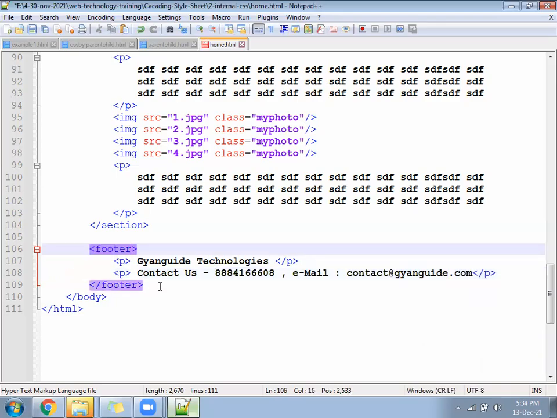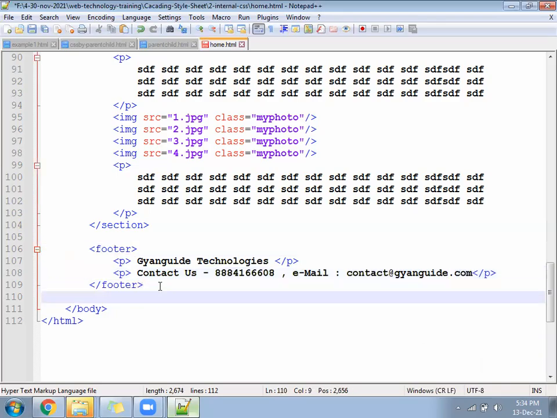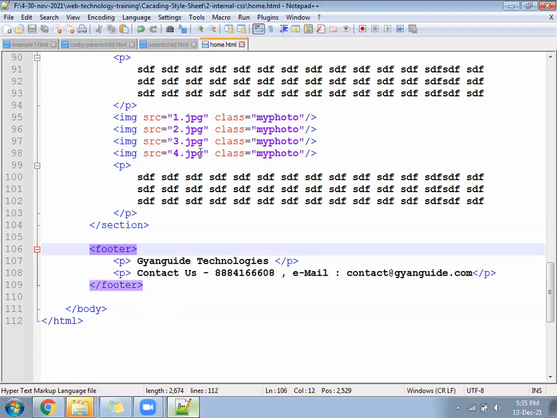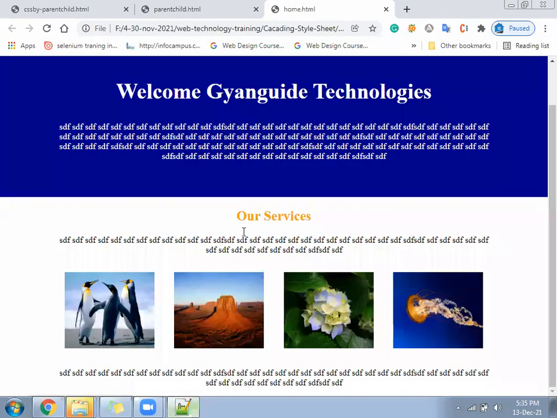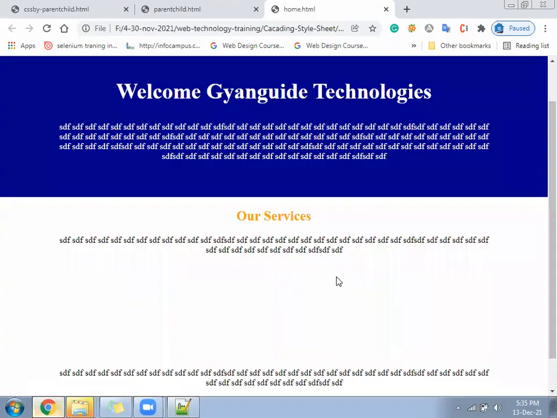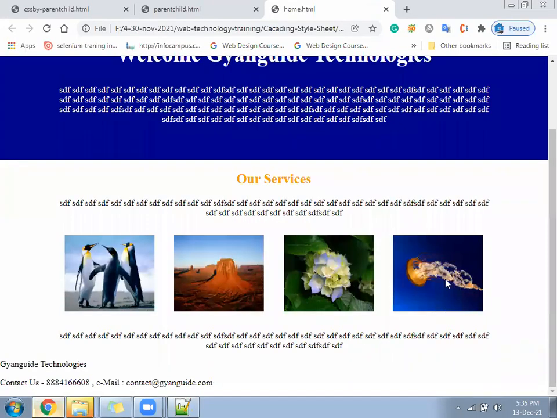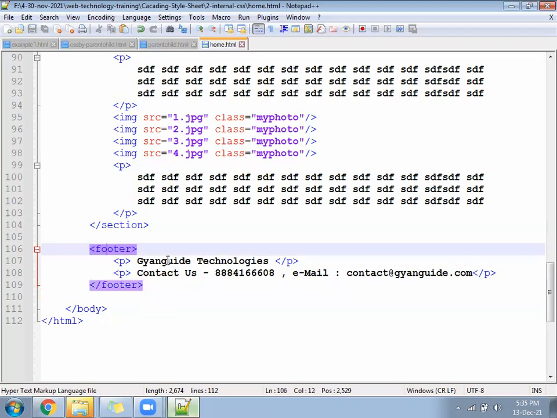Now we can write some CSS for the footer tag. So the footer will look like it's in the last. No much look and feel. Simple text will appear in the last. We wanted to modify that so that it should look better.